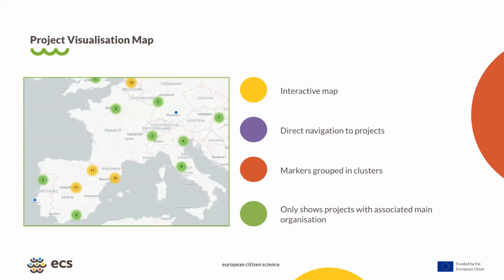We have added a project visualization map to the platform homepage. This interactive map allows users to navigate, zoom, click on projects, and so forth. Each project appearing on the map offers a direct link to its respective project page. As requested in the co-design workshop, the map maintains, how to explain it?